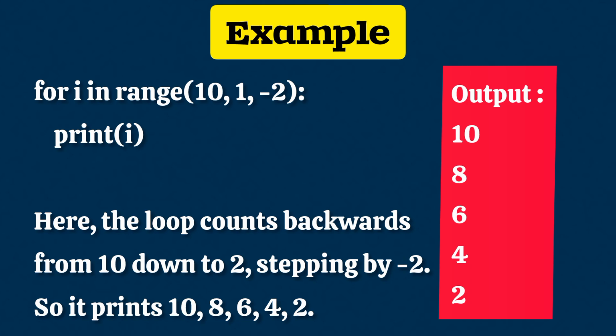Another example: for i in range(10, 1, -2): print(i). Here, the loop counts backwards from 10 down to 2, stepping by -2. So it prints 10, 8, 6, 4, 2. That's how a for loop with range